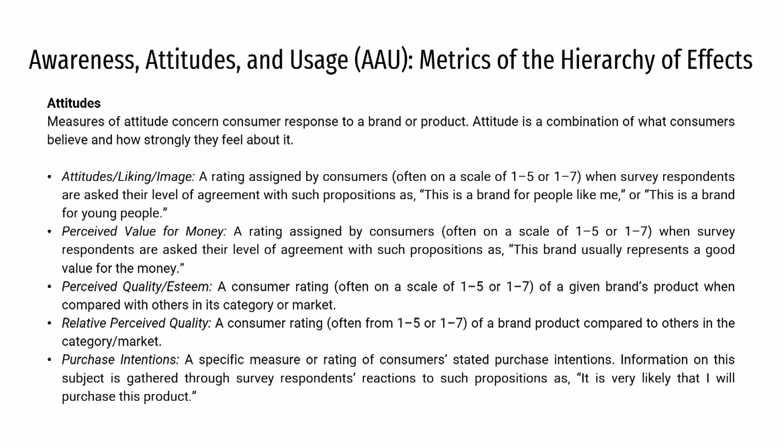So, measures of attitude include a rating from 1 to, let us say, 7 on a Likert scale. The question can be, this brand is for people like me. You rate it on a scale of 1 to 7 or 1 to 10. For Zomato in India, urban youth might rate high for the convenience of food. So, this is how attitude can be measured. We need to dive more into the construct and into the questionnaire design, to see whether we are actually capturing the data related to attitude or not.